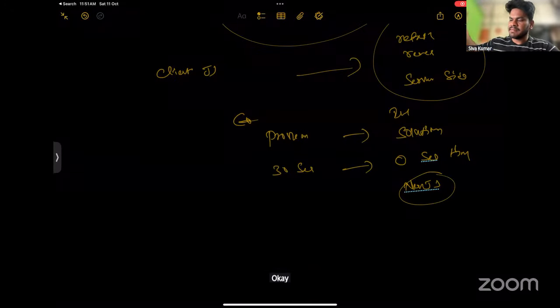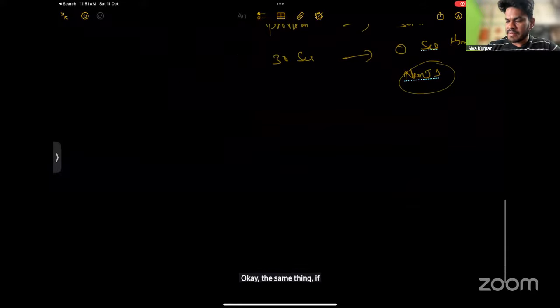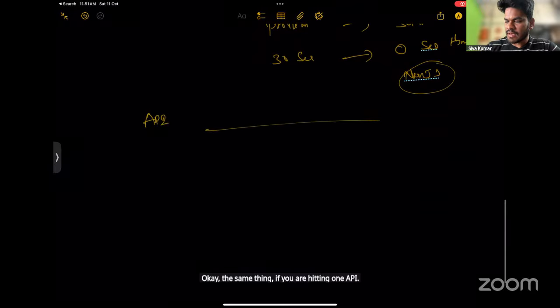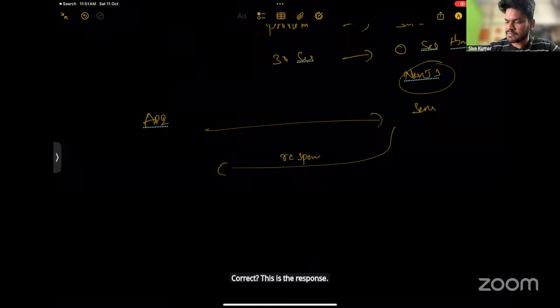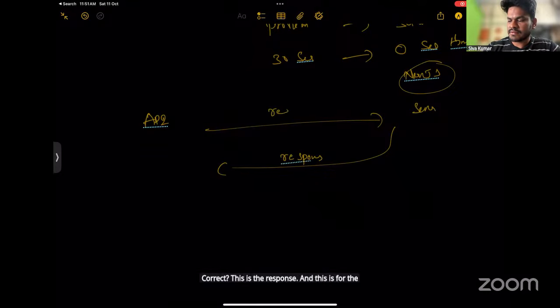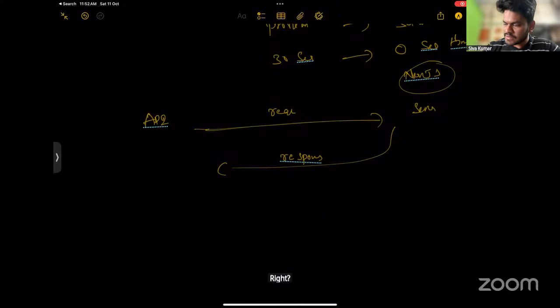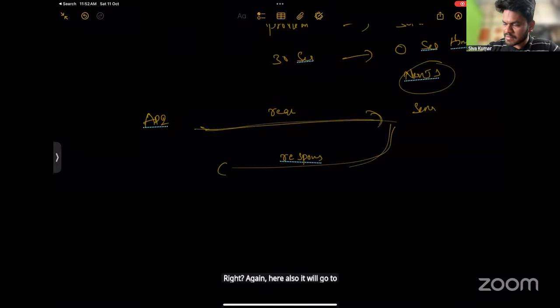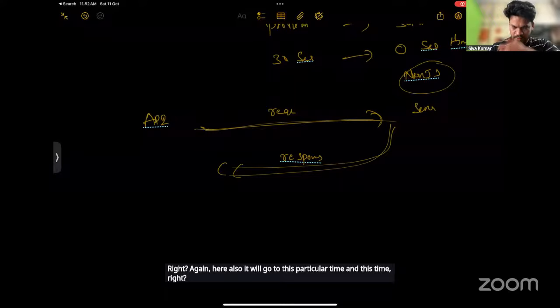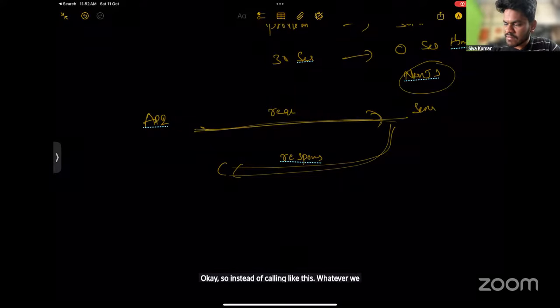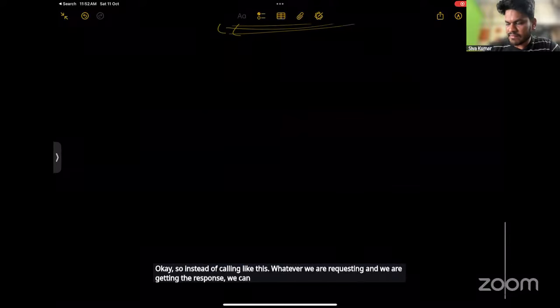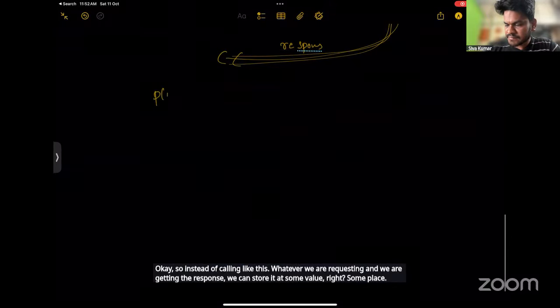The same thing applies if you are hitting an API. Again, it will go to the server, and in the server it will get to the data. This is the response, and this is the request. Again, here also it will take time. So instead of calling like this, whatever we request and get as a response, we can store it in some place.